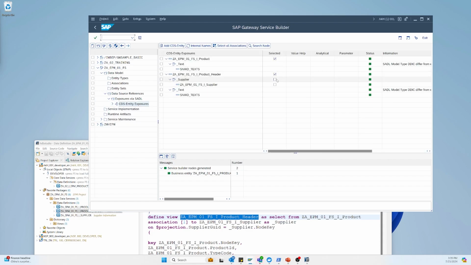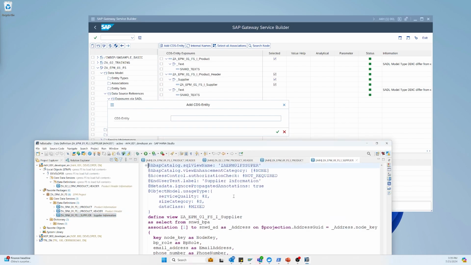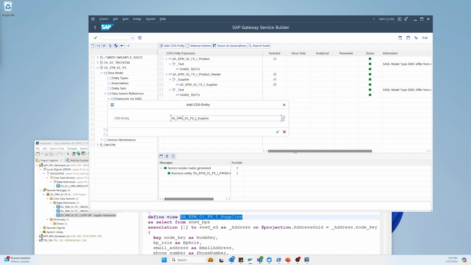So here also I have to select this. Do not forget to check this. So this is also done, and this is 2, and still I need to add another CDS, that is the supplier. So now,